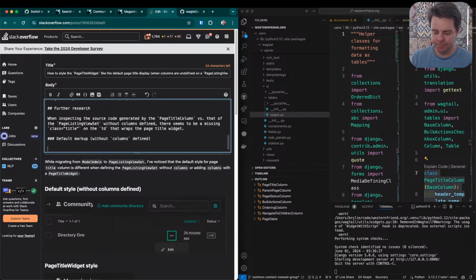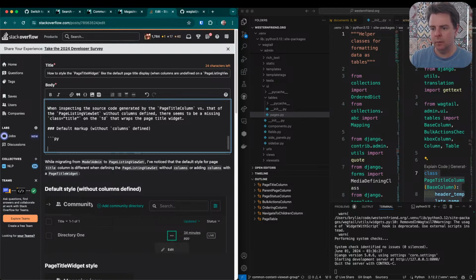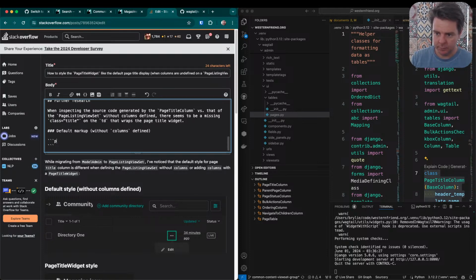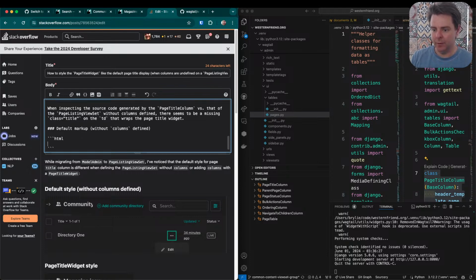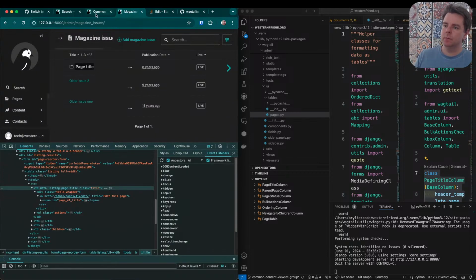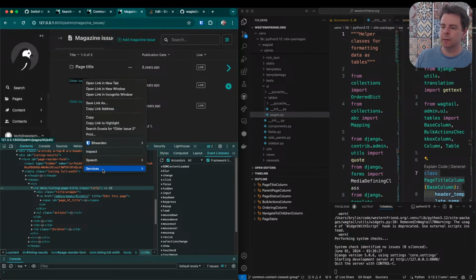So I think this is a bug. Just used to writing Python Markdown. Yes. So yeah, just grab all